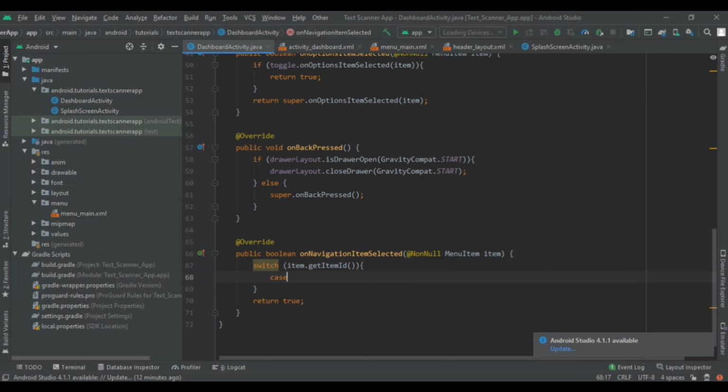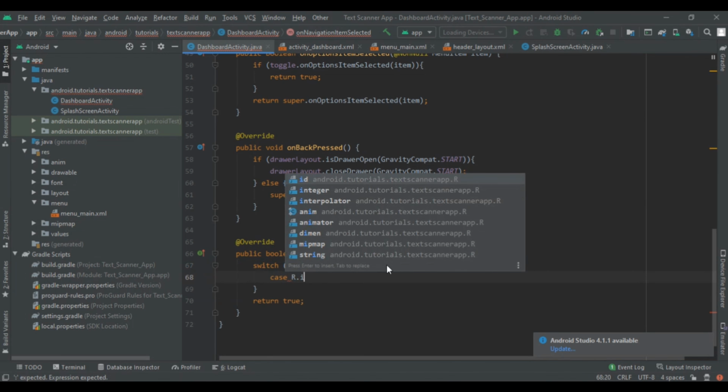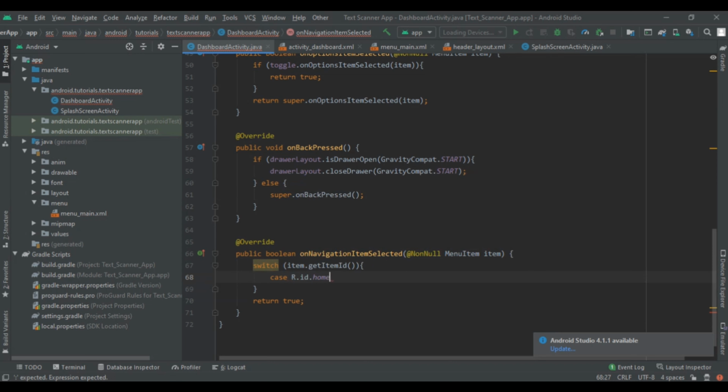So first R.id.home, and then copy all these cases and then one by one add break to all. So this is our first step.